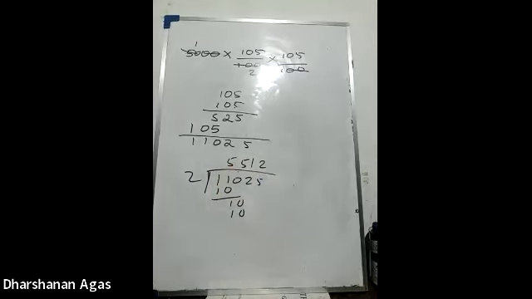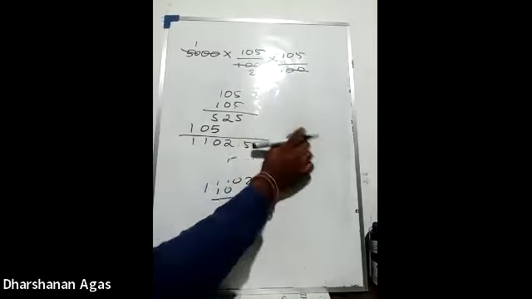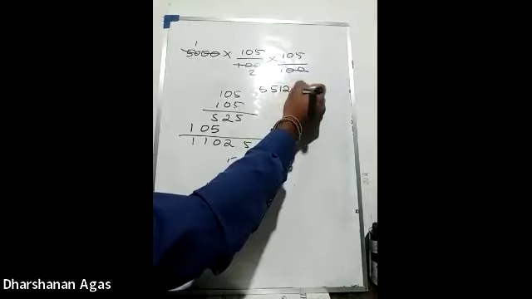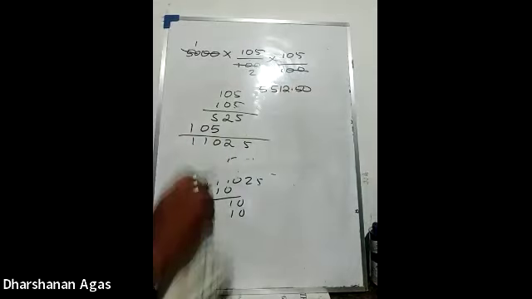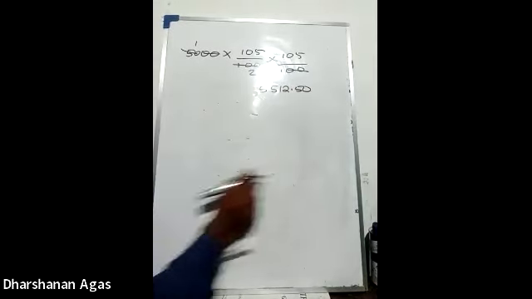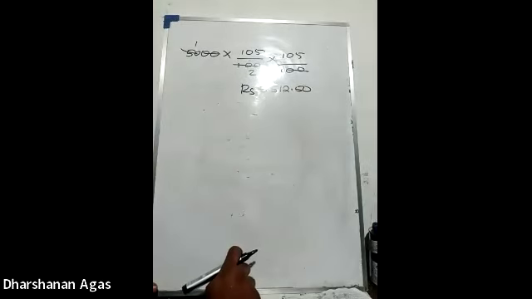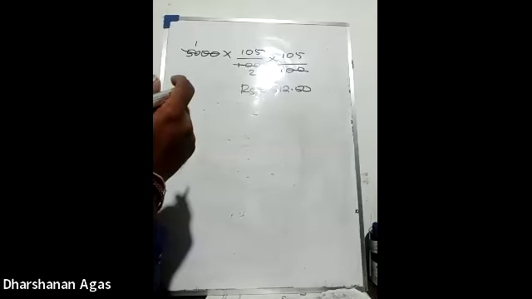How much? 5,512 rupees and 50 cents. Is this correct? 5,512 rupees and 50 cents. Am I correct? Yes, sir. Right. The second one, 7%,